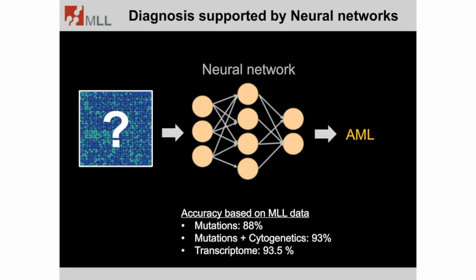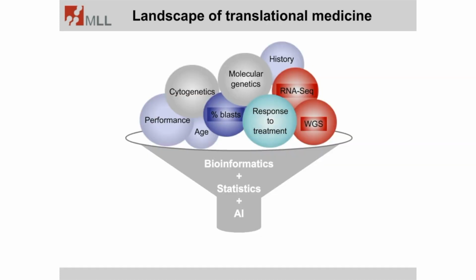If you just use mutations, 88%. If you combine mutations with cytogenetics, 93%. But if you look into the transcriptome, we reached so far by our neural networks 93.5%. Now, combining all this with the knowledge we have already from the patient, from our standard approaches, we can set up a landscape of translational medicine by age of the patient, by blast, by response to treatment, even by the